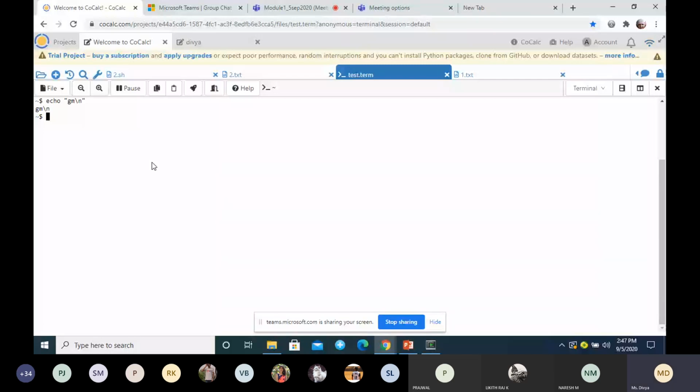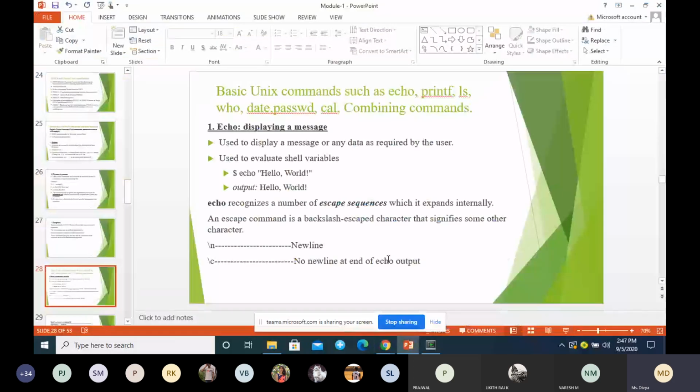Your bash shell makes use of the minus e option for the echo statements. So that is about the echo statement. Echo statements are used for displaying the message, and whenever you are using escape sequences, you have to use the option minus e. Is it clear? Any doubt with the echo statement?